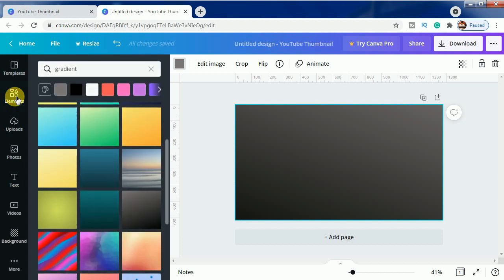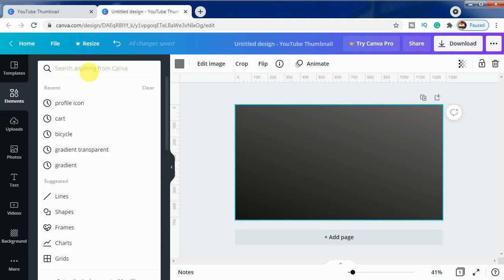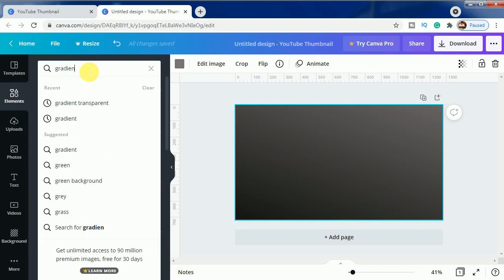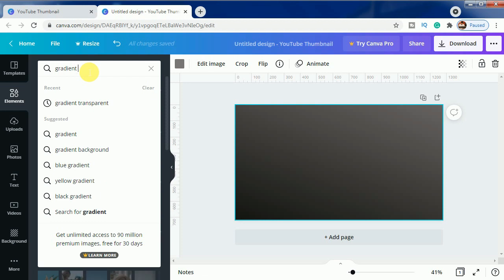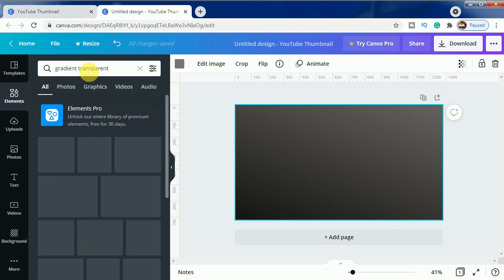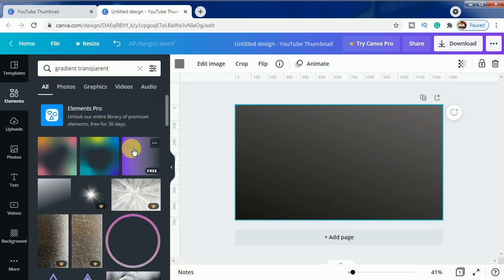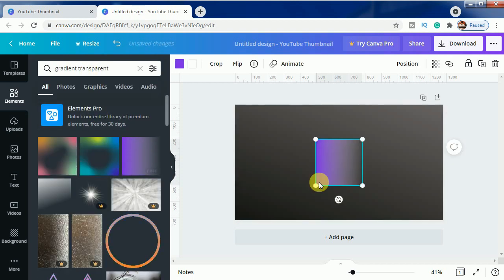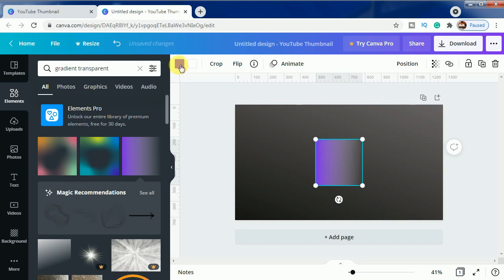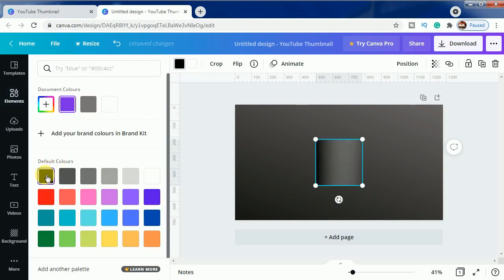So we have to come to elements here and again write gradient transparent this time, because we need to have a transparent gradient. So we will choose this one and here we will change the color of purple to black.